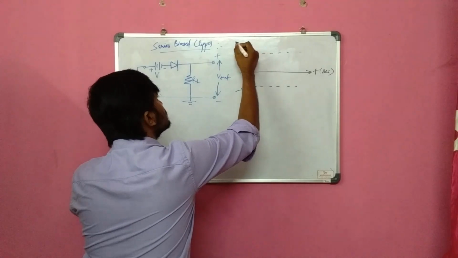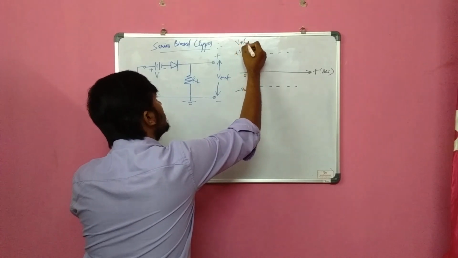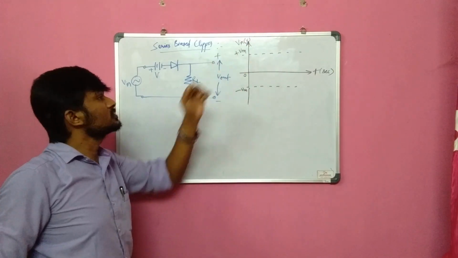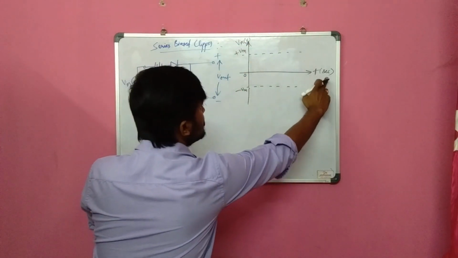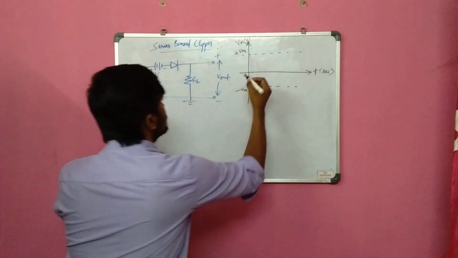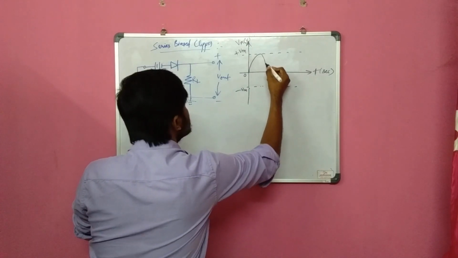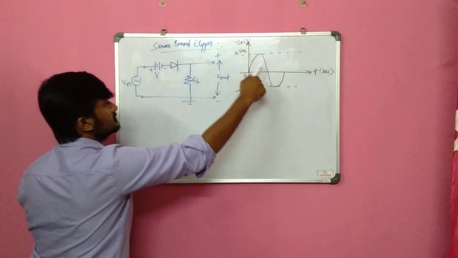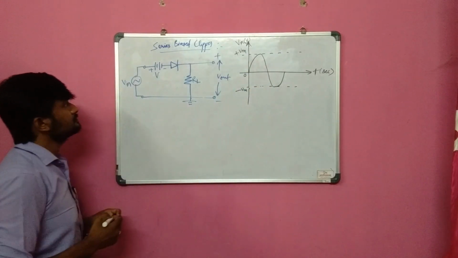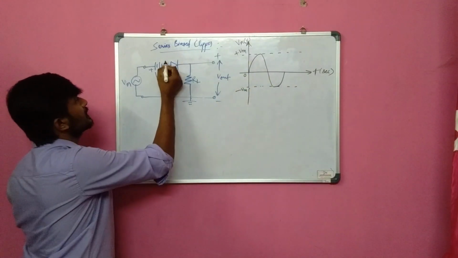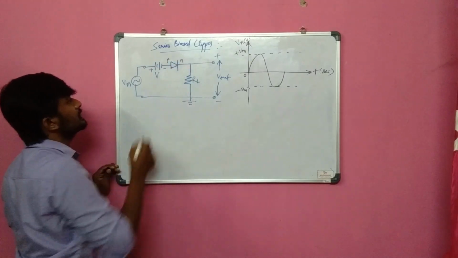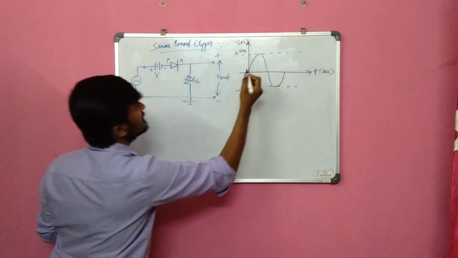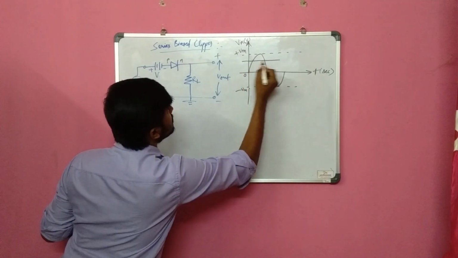Together the y-axis is called voltage V in, and within the bracket we have to write what? The SI unit. Voltage units are volts and time period units are seconds. So first of all, as usual, let us draw the sinusoidal signal. Okay, so positive half cycle and negative half cycle. So this is the P terminal, this is the N terminal, and let us take a reference voltage V, as we have a battery.